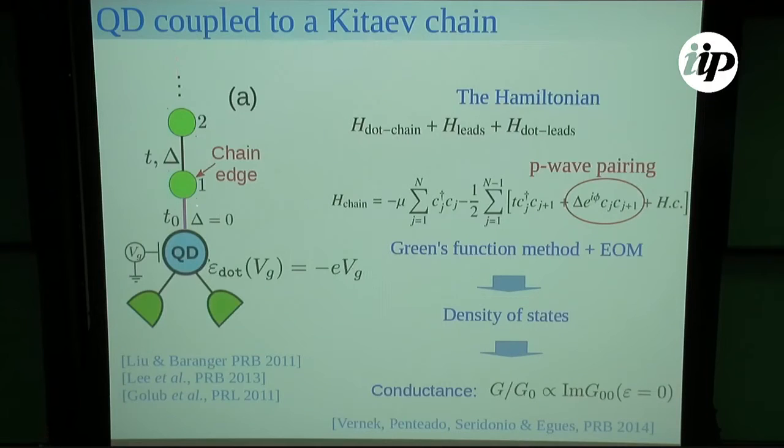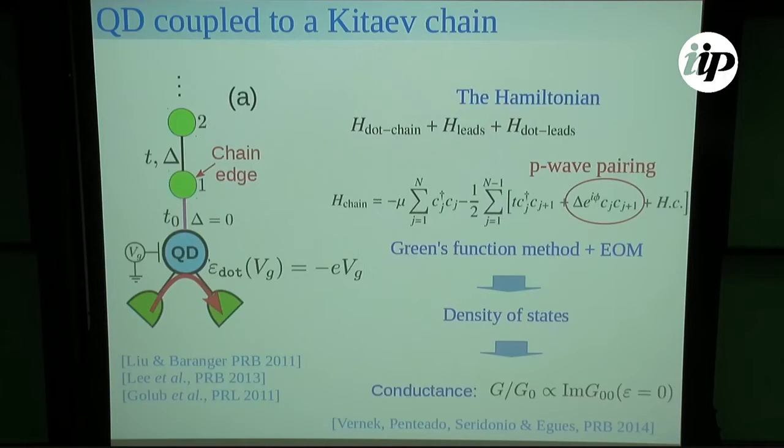a theta heavy chain here with the green circles. We have all the ingredients, T and delta and everything. So at the end of this chain, a quantum dot is coupled. Here, still, I will not put interaction in the dot yet. So what we have seen is that when you calculate, for example, conductance here, you see some kind of a pinning of the zero